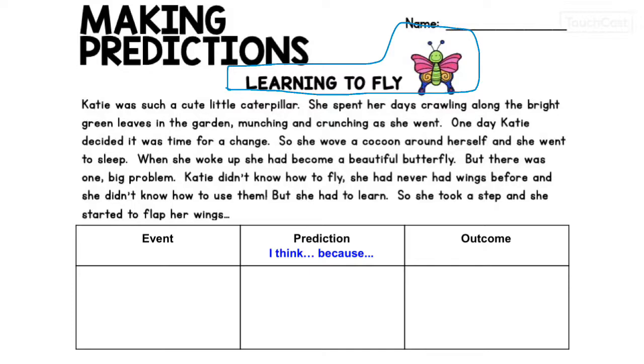Katie was such a cute little caterpillar. She spent her days crawling along the bright green leaves in the garden, munching and crunching as she went. One day, Katie decided it was time for a change, so she wove a cocoon around herself, and she went to sleep. When she woke up, she had become a beautiful butterfly, but there was one big problem. Katie didn't know how to fly. She had never had wings before, and she didn't know how to use them, but she had to learn. So she took a step, and she started to flap her wings...